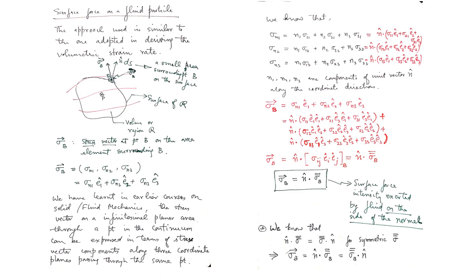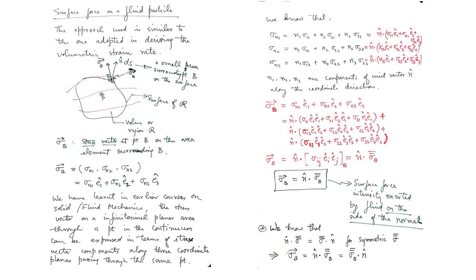Okay. Now we know already that the effect of surface forces exerted by the fluid which is on the side of the normal on this area element, the shaded area element, can be represented as an area intensity or stress vector at point B. So remember, if you want to consider surface forces on a tiny area, then the area will be experiencing a general kind of force intensity expressed per unit area, and this can be resolved into a vector with three components, one normal to the area and two lying in the area itself, all three mutually perpendicular, so one will be normal and two will be the shear forces lying in the area itself.